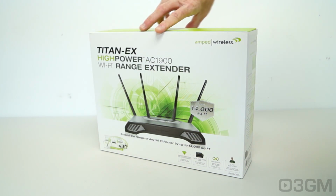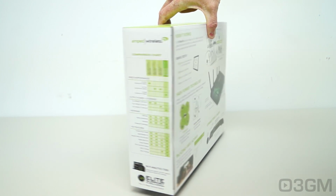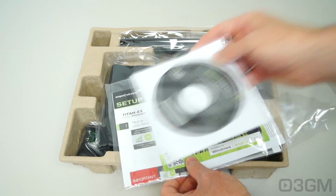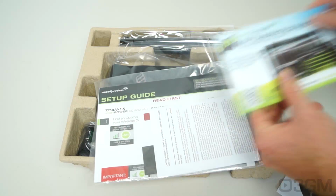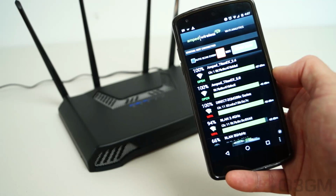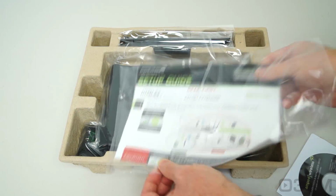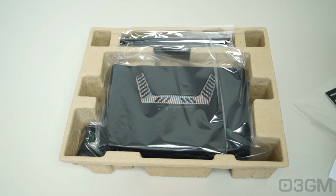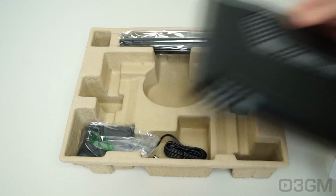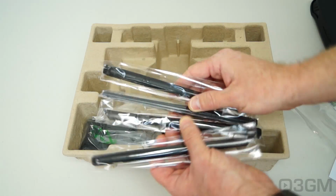It comes in this great looking, very informative box that has pictures and plenty of features and specifications about the product on it. Included is an installation CD, their Wi-Fi analytics tool. You can download this for Windows or Android devices, warranty information, support info, and a quick setup guide. Now to the good stuff. The extender itself, the 4 antennas,